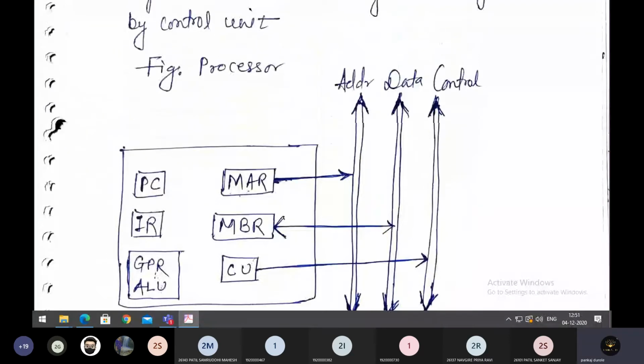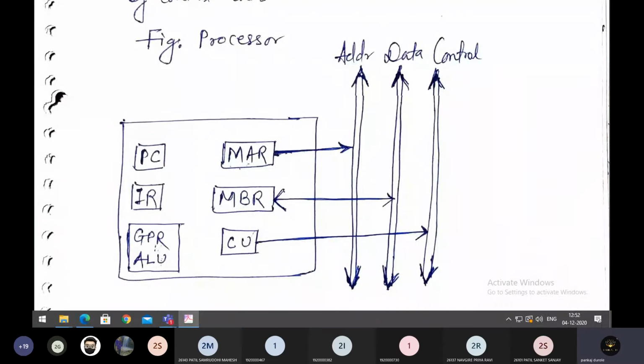Now this is a simple diagram for the processor. With the help of this diagram, we will understand what the different micro operations are. As you can observe, this diagram has a system bus. The system bus is connected with the processor. The system bus has three various buses. One is an address bus, another is a data bus, and the third is a control bus. It is connected with the processor, maybe with a unidirectional arrow or with a bidirectional arrow.